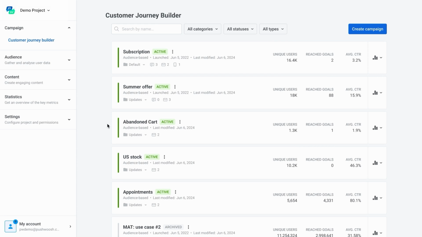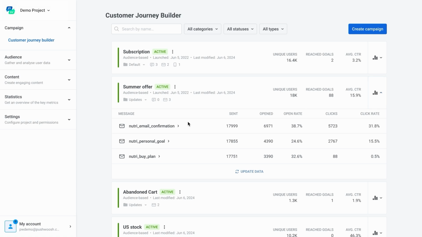Without leaving Customer Journey Builder, we can view the performance statistics of our campaigns. We can check the metrics for our entire summer sale campaign, as well as for each individual message. From the account confirmation email to the upgrade offer, what insights can we derive from these stats? We notice that the open rate for the sign-up confirmation email is quite low. Is the subject line too vague or causing spam issues? We can investigate it further.